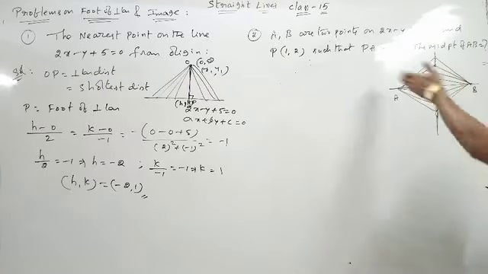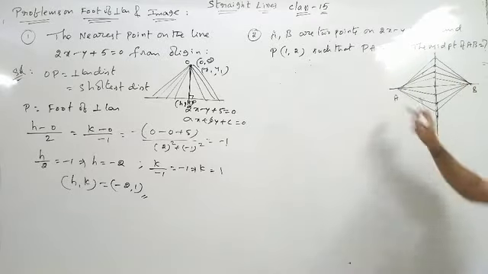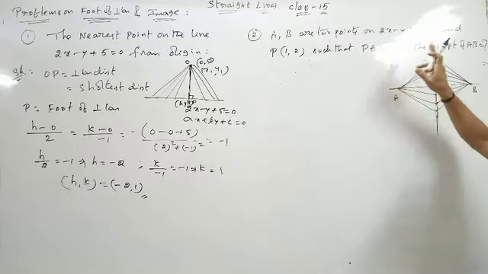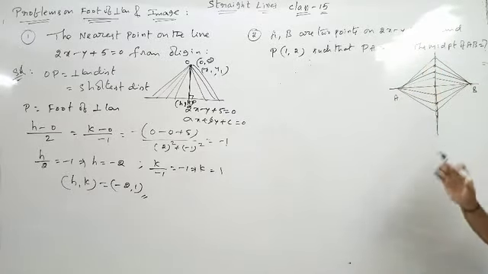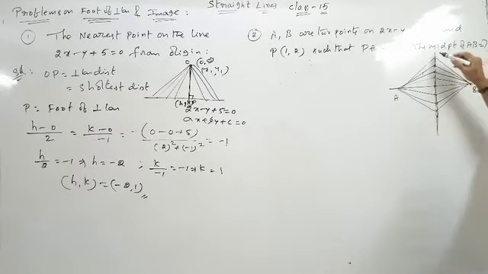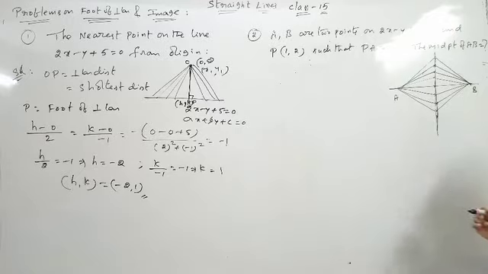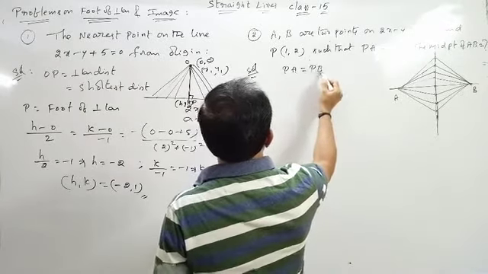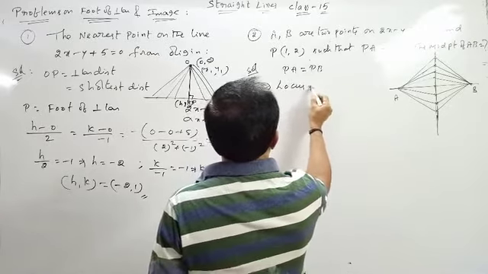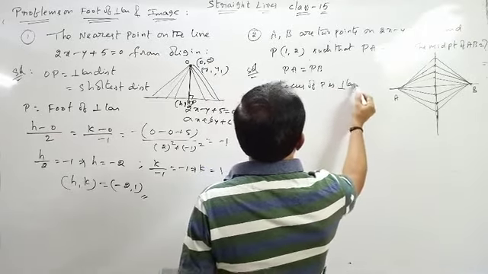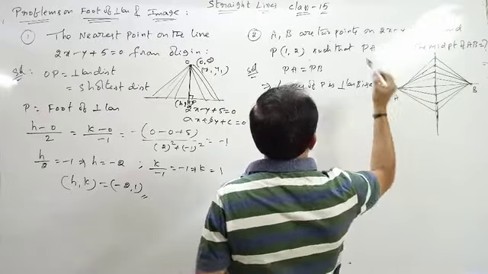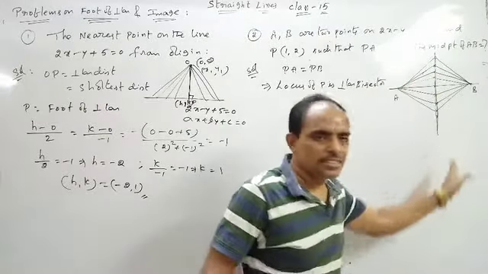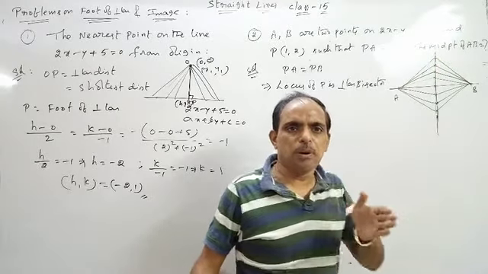And here is a point. A point P should move in such a way, it is a locus type of question. P is such a way it is always equidistant from A and B. I have to walk at the same distance from both A and B. Then how will that path be? This is the perpendicular bisector. So the locus of P is PA is equal to PB. That implies locus of P is perpendicular bisector.